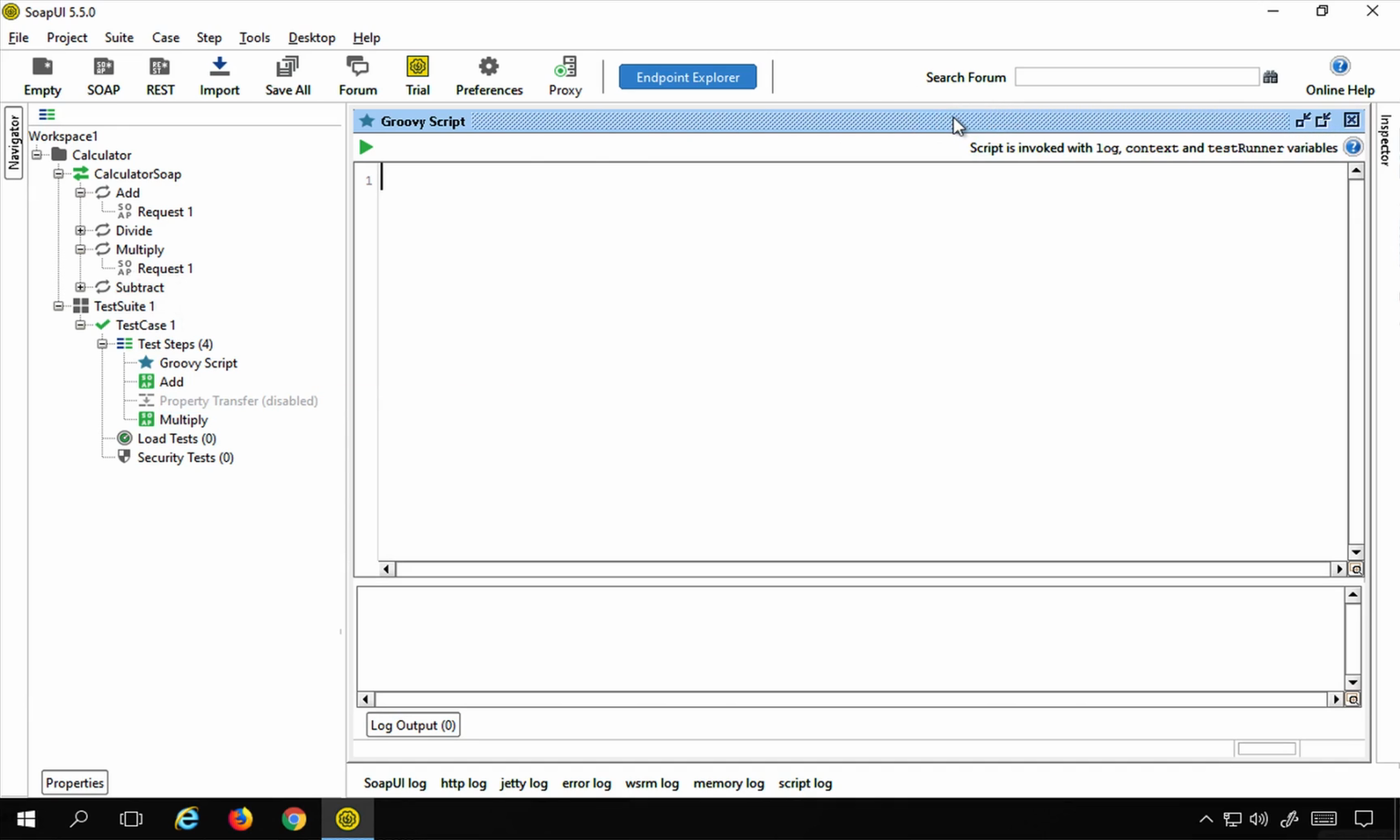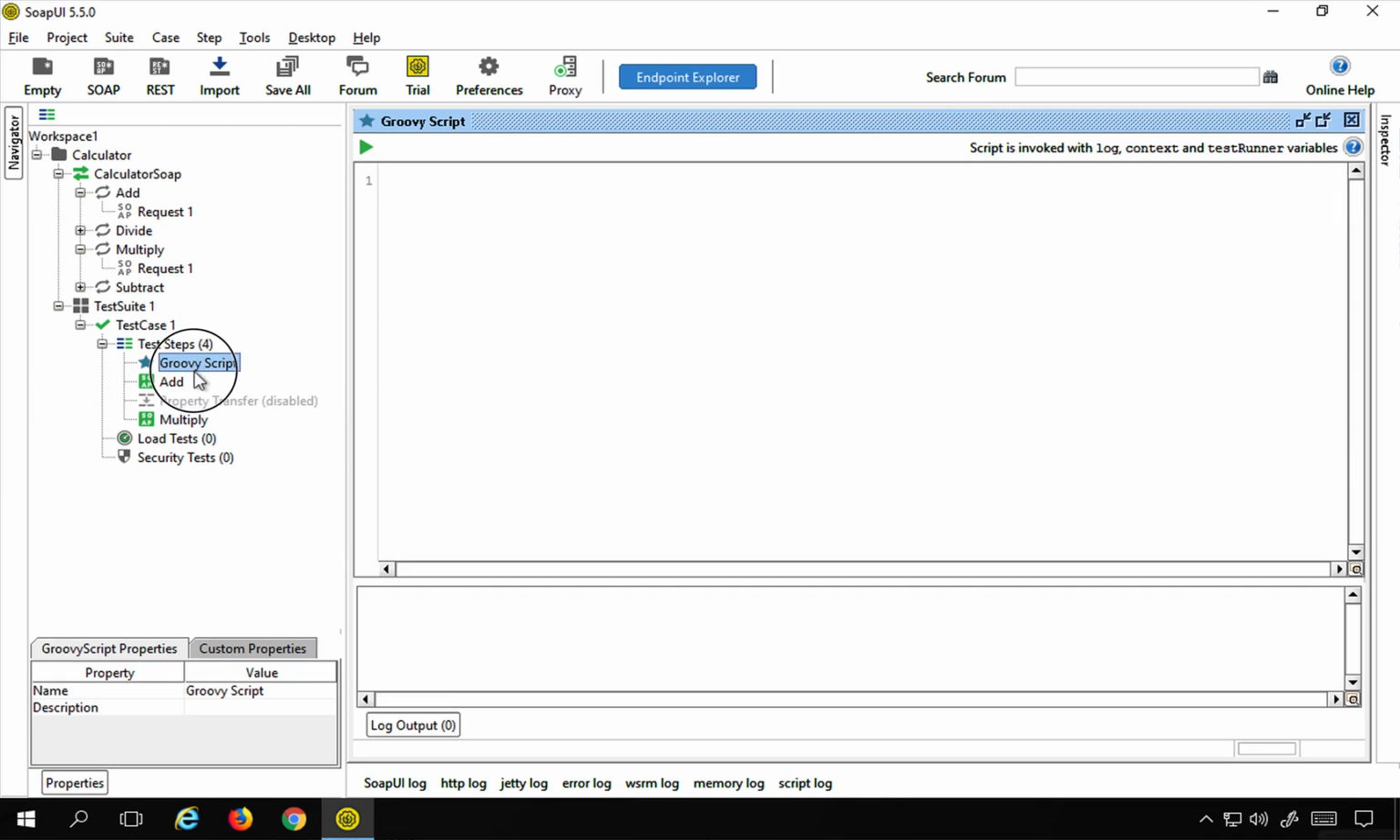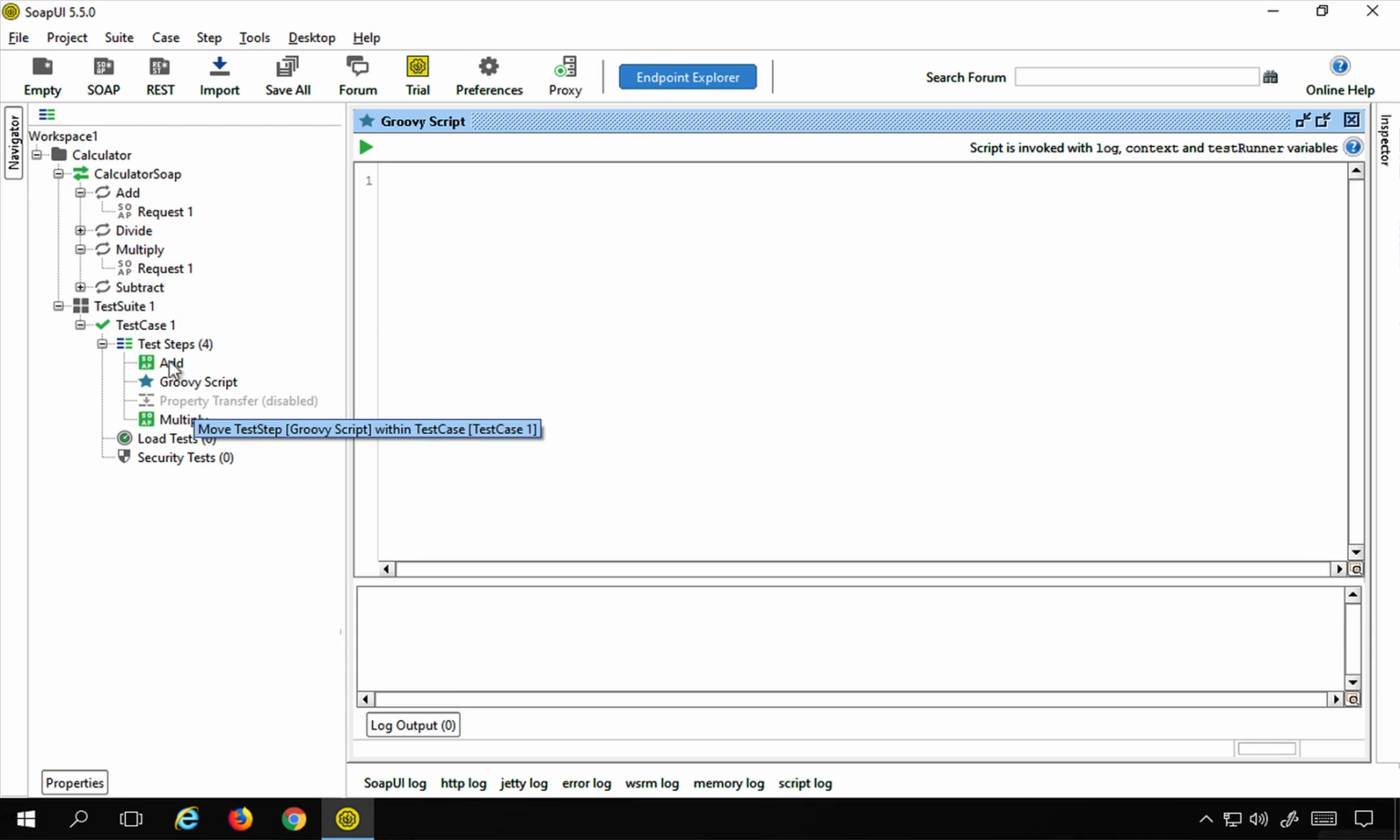and here, or let me just keep it after the add API so that we have this API executed before we run the Groovy script, because we also need the response from add API. Now here the first statement will be